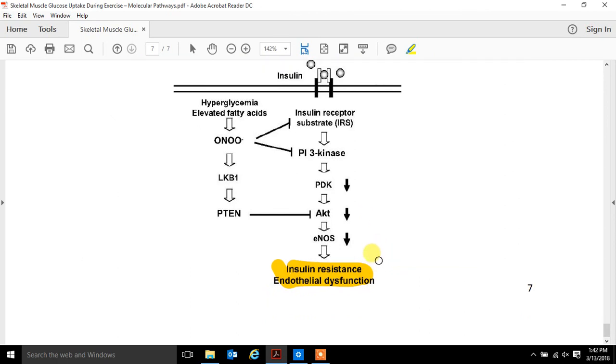Questions about muscle glucose uptake? It's about as much depth as we can get into because the rest of it's all a little bit speculative at this point. These are kind of the hard information. Okay, so